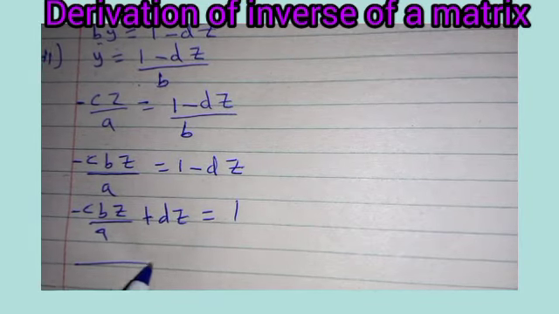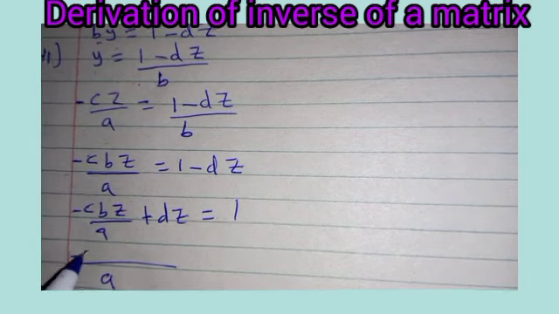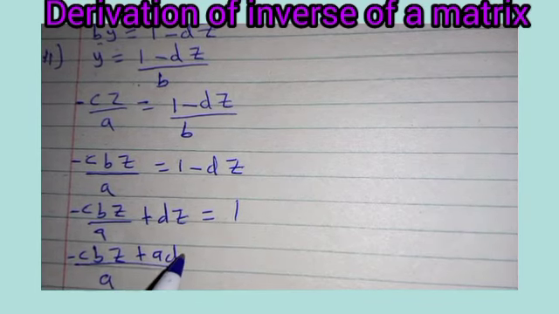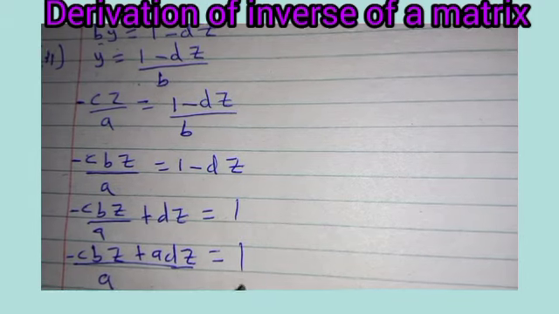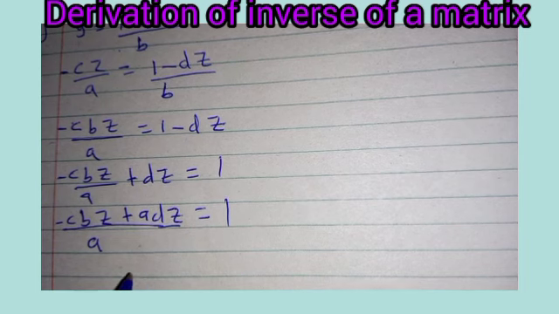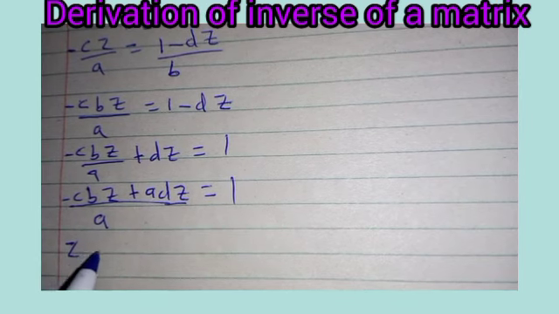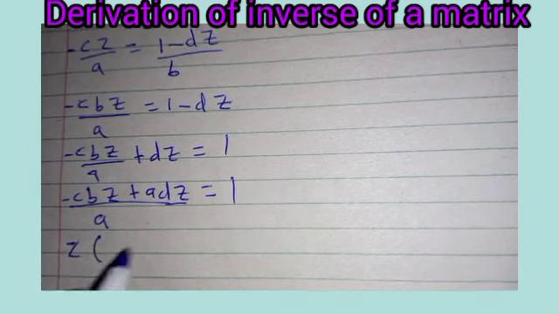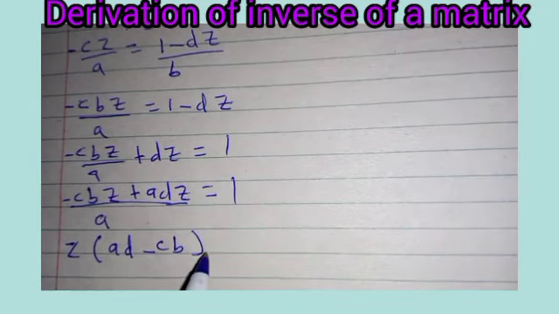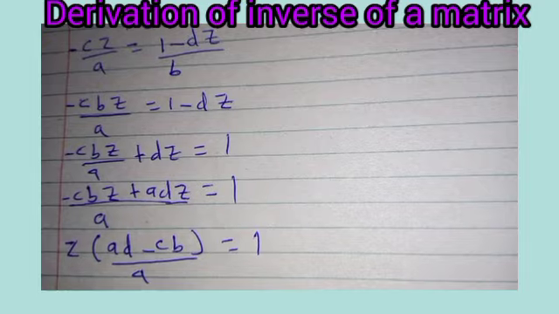The LCM here is A, so you have negative CBZ plus ADZ, and this is equal to 1. Then we can factor Z because it is common. So Z factored will give us positive AD minus CB,